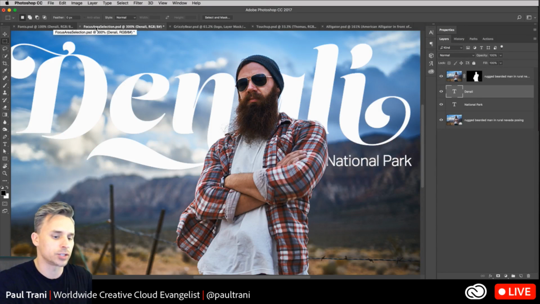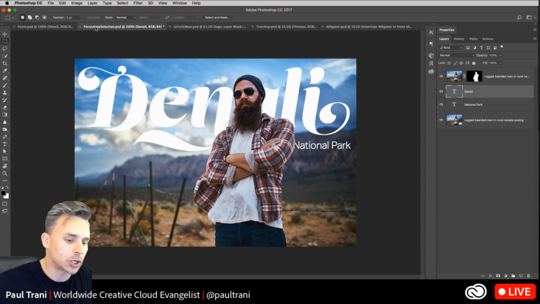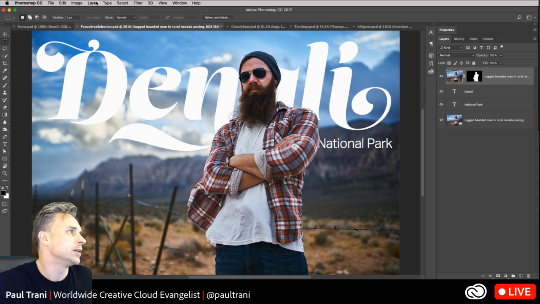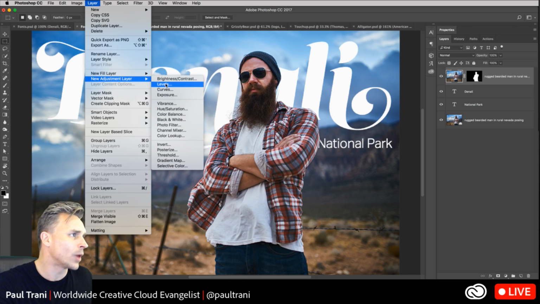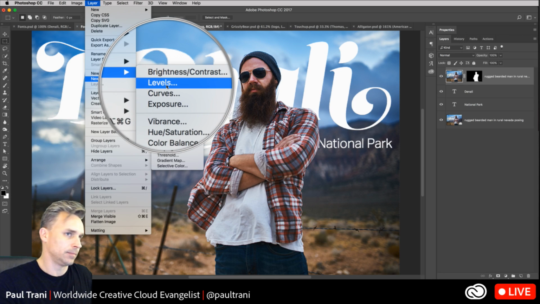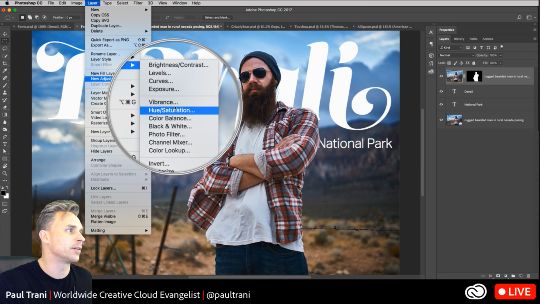As we're starting to refine this layout, I'm not even crazy about the colors, okay? Because what happens is we have his shirt and it's a shade off from the background. And I think if there's a way to tie in the colors of this image, it's going to work better as a composition. So that's what I want to do right now. Let's go up here. Rather than dealing with all of these crazy adjustment layers, vibrance, brightness, contrast, color balance, tweaking this by adding multiple adjustment layers,